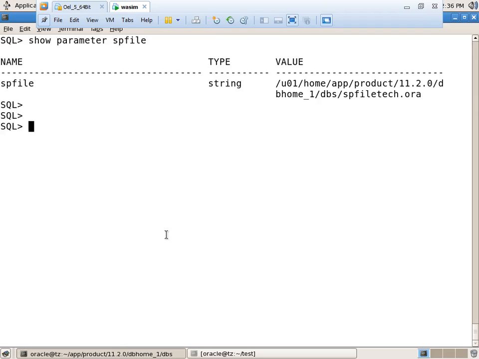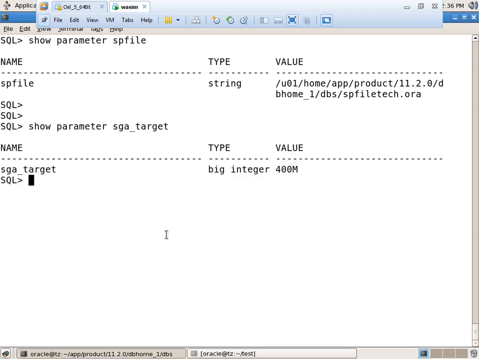Again I am checking the same example. Show parameter sga_target. See, under the SP file, dynamic parameters have three scopes, right? Just check your handouts. Alter system set sga_target equal to 300m.